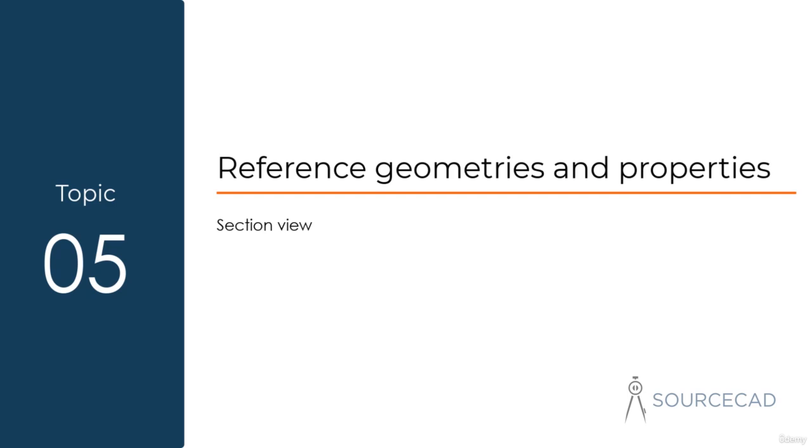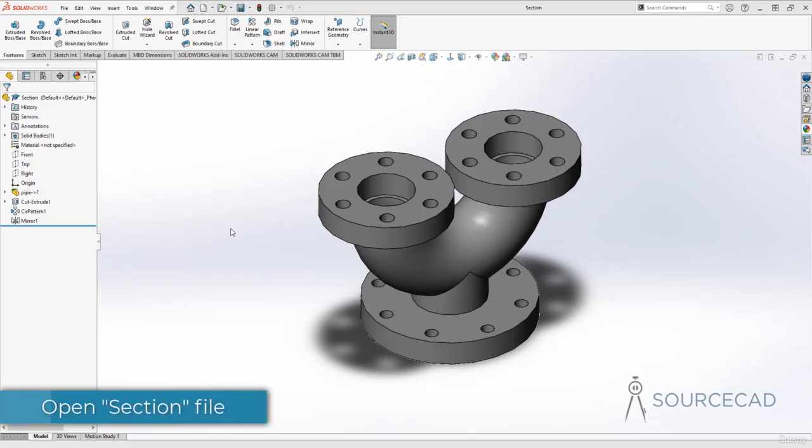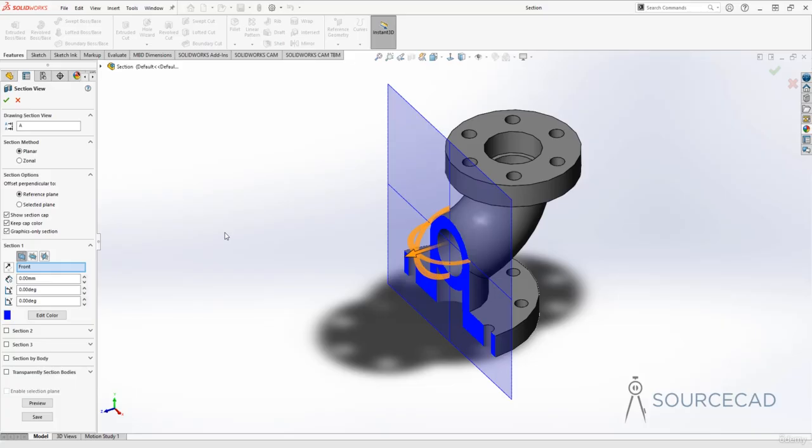Using section view, you can see the internal workings of a part or an assembly. In this case, I'm going to use this part and I'll create a section view. Now the section option is here on the heads up toolbar. So you can select it from here, and as soon as you do that, you will get one of the